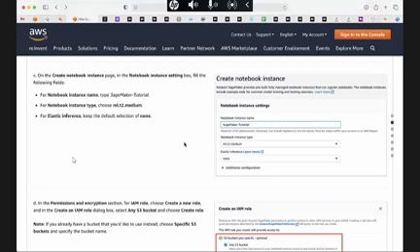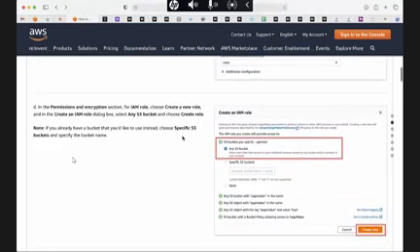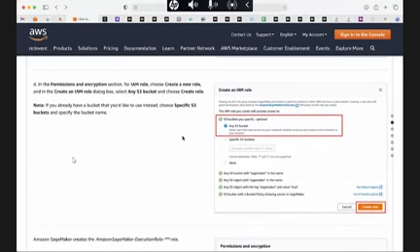So elastic inference, we are not going to use it because we are not going to require bigger and smaller amounts, right? So we leave most of the others at their defaults. And then there is this IAM role. Since you won't already have a created IAM role, unless you have one, in which case you can use it. If you don't have one, then you have to create an IAM role for this resource, which is the S3 bucket.